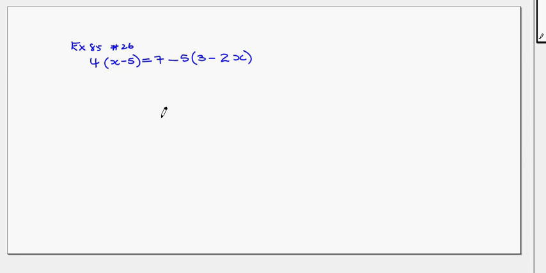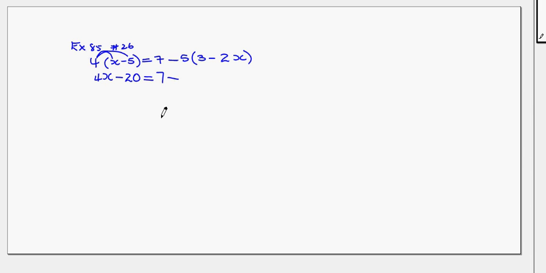So what we're trying to do is to see how to get this problem sorted out. Well, the first thing we will do here is to multiply the 4 inside the brackets on the left hand side, and we will multiply the minus 5 in brackets on the right hand side. So I'll say 4 multiplied by x, and then 4 multiplied by minus 5. 4 multiplied by x is 4x. 4 multiplied by minus 5 is minus 20. That'll be equal to 7